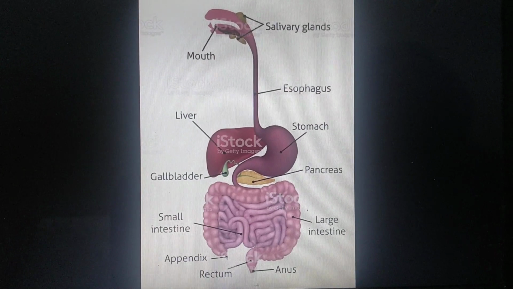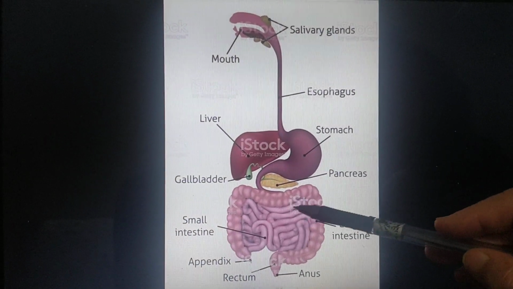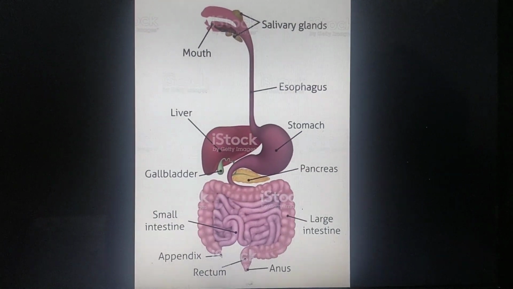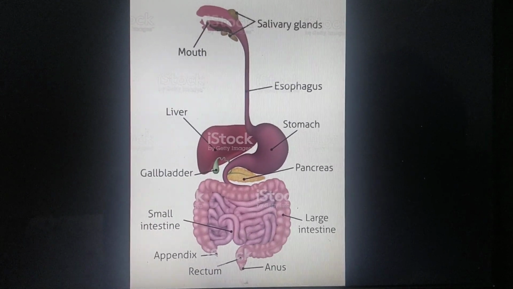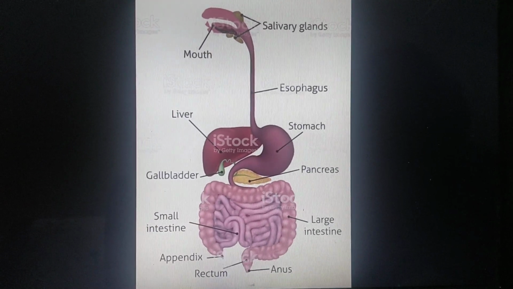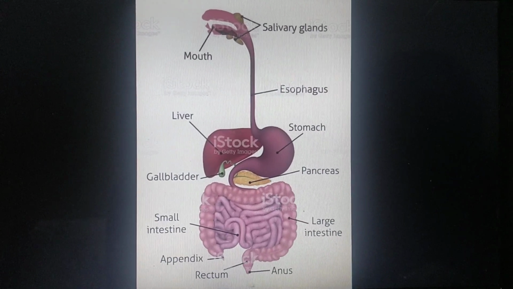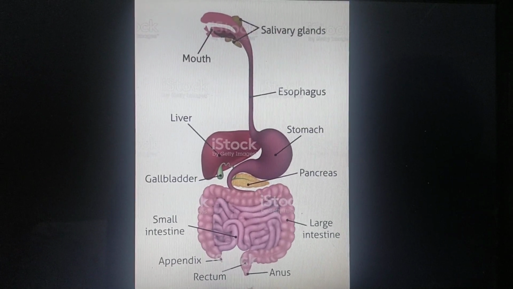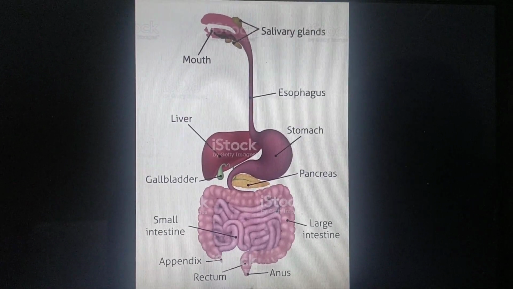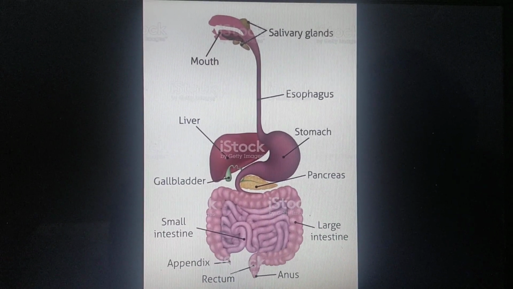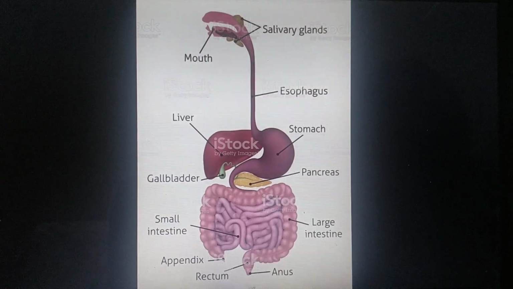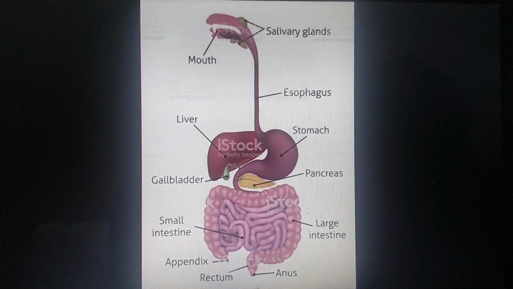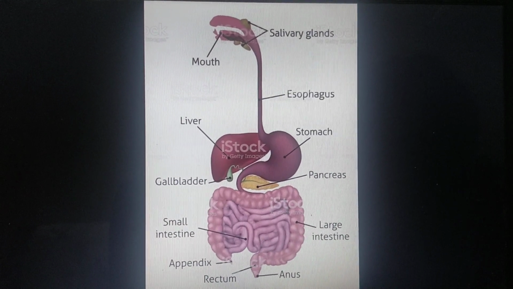Then the lining of the small intestine has finger-like projections which are known as microvilli. This increases the surface area, and the microvilli also help in absorption of digested food. So the small intestine is a very important part. It helps in the digestion as well as absorption of digested food, and the microvilli, finger-like projections, are rich in blood vessels and they transport this digested food to different cells where it is